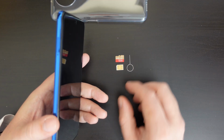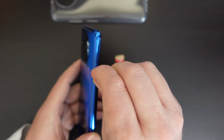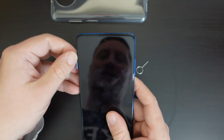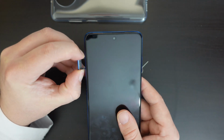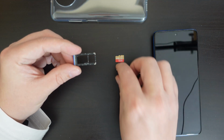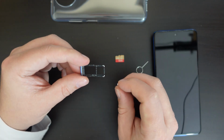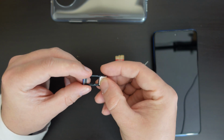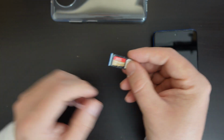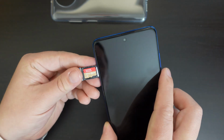Before I turn the device on for the second time, technically, I'm going to put the SIM card in. That's what I tend to do before I set up a new smartphone. So I'm going to open up that SIM tray with the ejector tool that was included. And you'll see that this is a hybrid tray, so it will take one SIM card and a memory card or two SIM cards. So I'm going to pop a SIM card in there and then a SanDisk Extreme memory card in the other end. That way, we should be able to